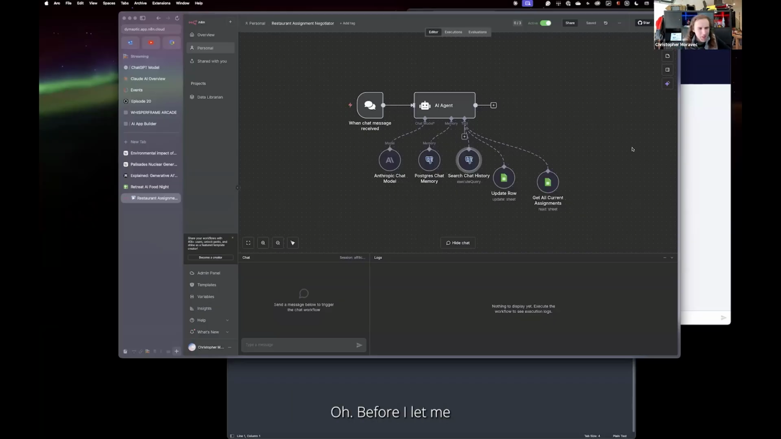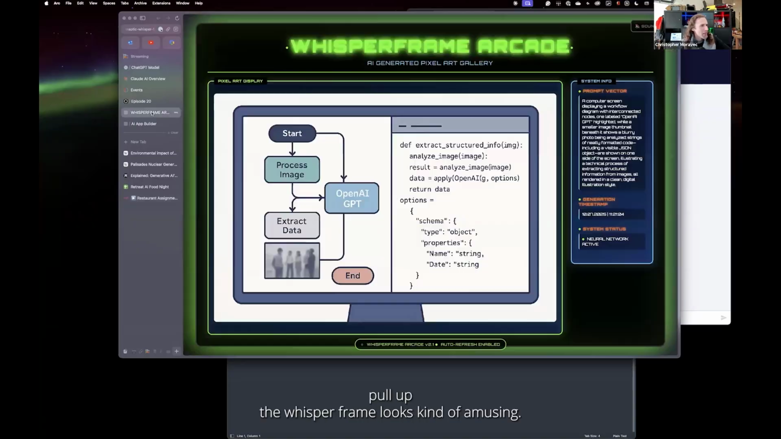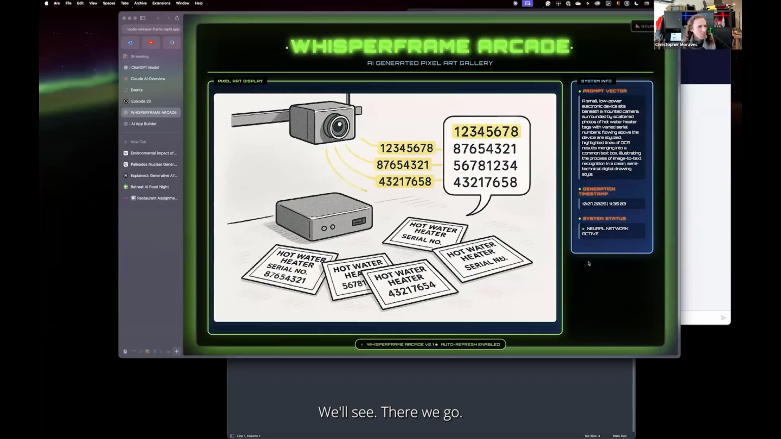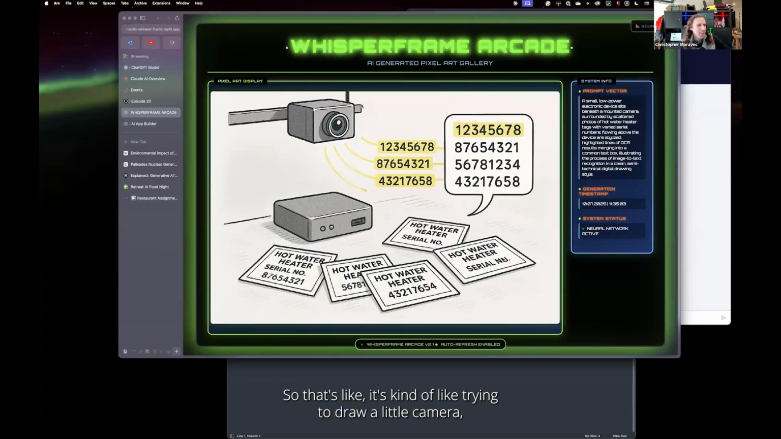Oh, before I do, let me pull up the whisper frame. Looks kind of amusing. We'll see. There we go. Oh yeah, okay. So it's kind of like trying to draw a little camera, low-powered device reading serial numbers. That's kind of cute. Okay, it tried. It got the vibe. Yeah, this is one of my favorite mugs, Mom. Anyway,